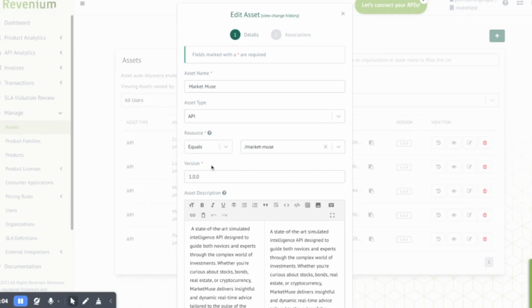In terms of the resource field here, this is how Revenium matches API traffic to a particular asset. For the case of this demonstration, we're using a simple equals classification pattern that will match any API request that contains MarketMuse in the API or the API URL.